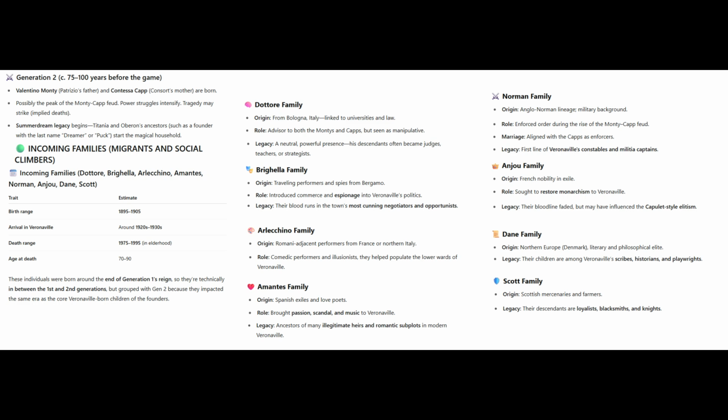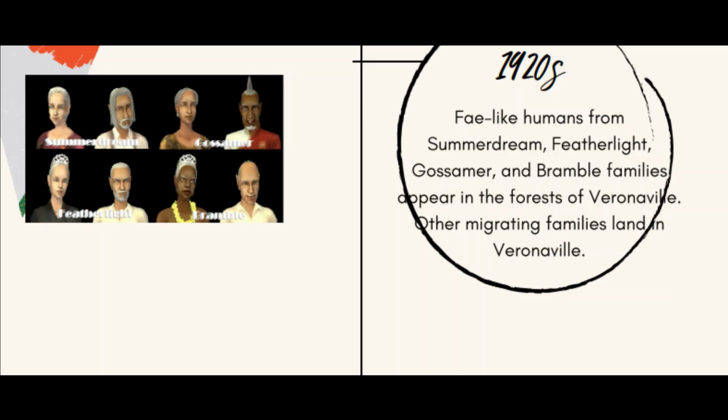The Scott family are obviously Scottish. They are mercenaries and farmers. And their descendants are loyalists, blacksmiths, and knights. So, based on the Summer Dream family tree, missing a generation compared to the Montys and Capps, I have the assumption that they arrived to Veronaville later than the other two families. And with the timeline that I have in my head, and from what I will eventually show you, I predict